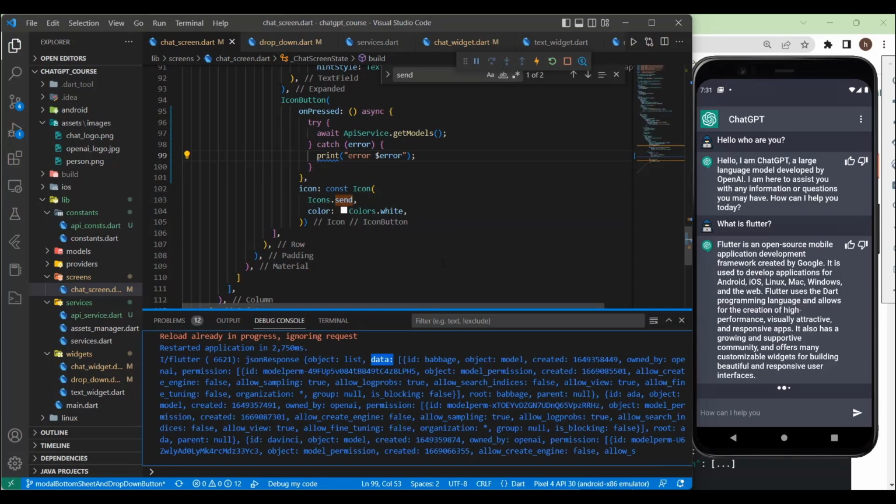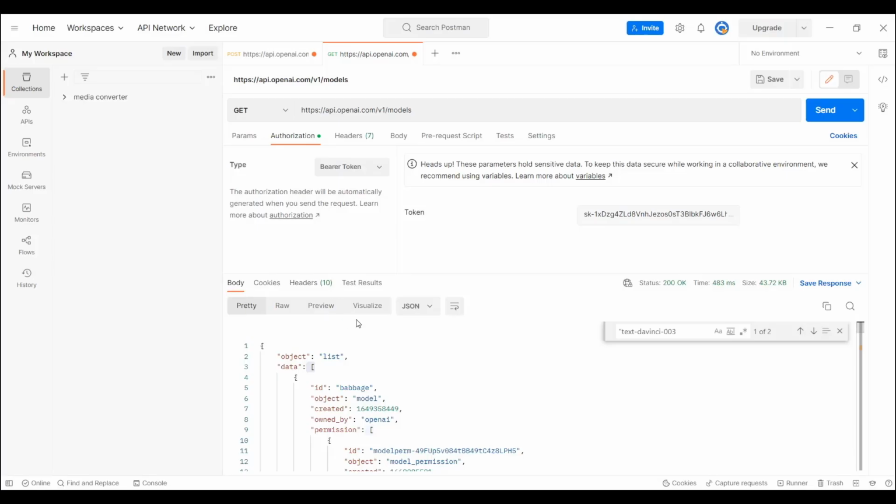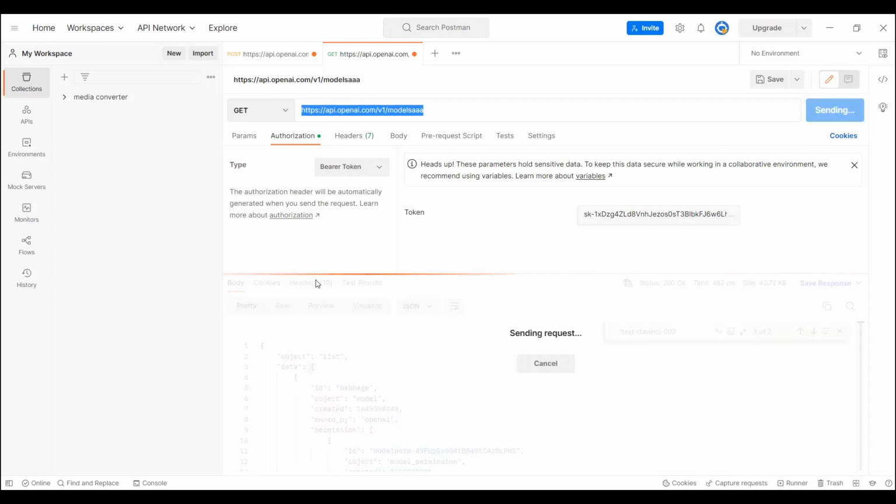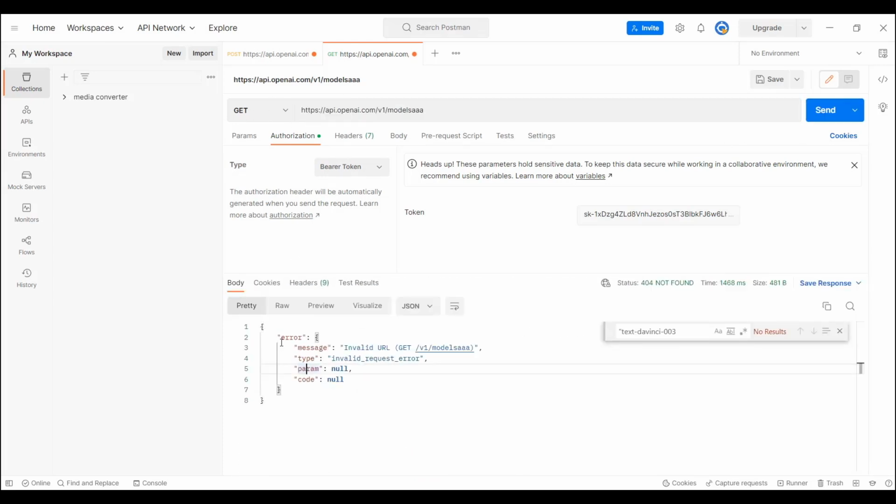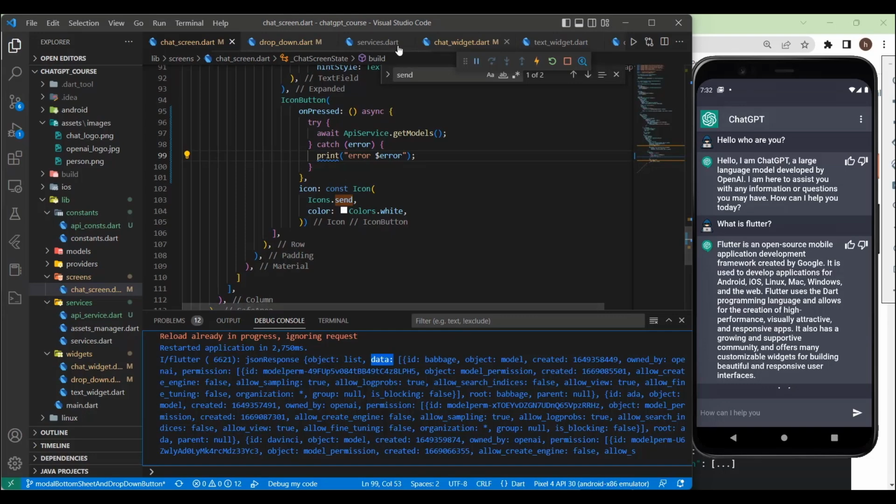Perfect. Now before we end this tutorial, I will do one more thing, which is that we need to handle the errors. If you remember in Postman, when we handled the errors, I mean, if I made a wrong URL, we would get an error. So we will get an error here in a map. It has message, type, and so on. Okay. So what we can do is, in the API services,